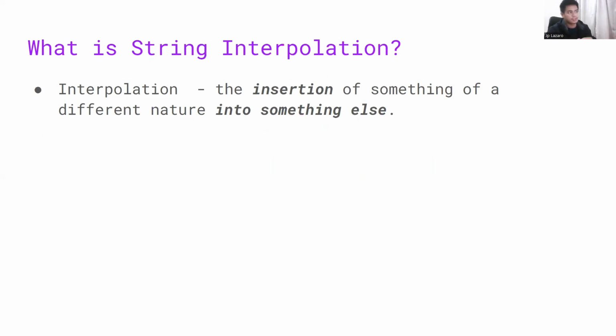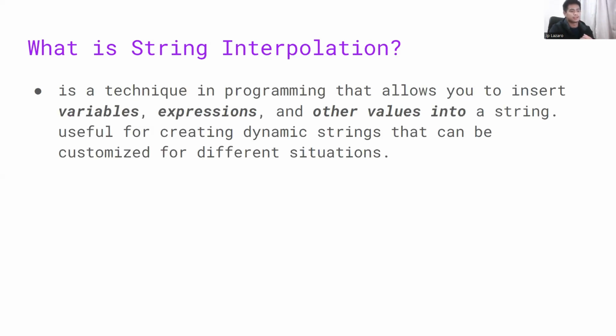Okay, so basically what is interpolation? Interpolation is an insertion of something into a different thing or into something else. Same thing with regards to string interpolation. So basically, string interpolation is a technique in programming where we can insert variables, expressions, and other values